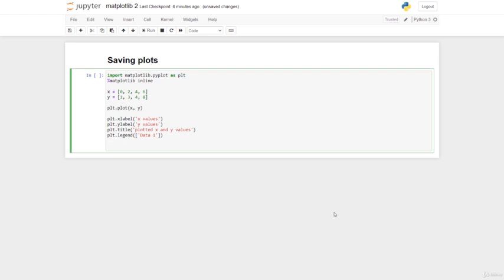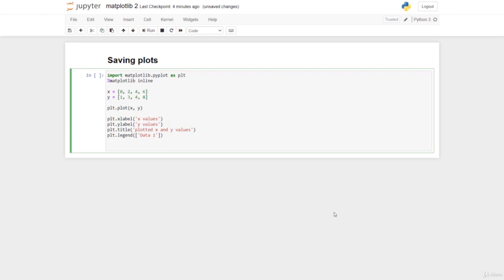After that we created a label for the x-axis. This label is a simple text called x-values, by using the xlabel function. Also we did the same thing for the y-axis using the ylabel function, and the label in this case is y-values. Also we put a title for the graph using the title function.